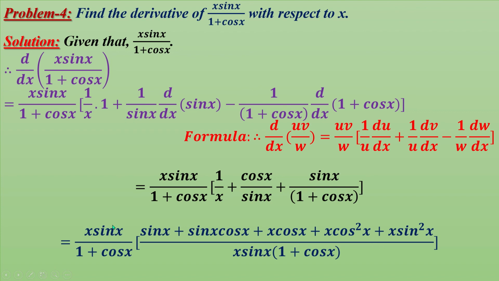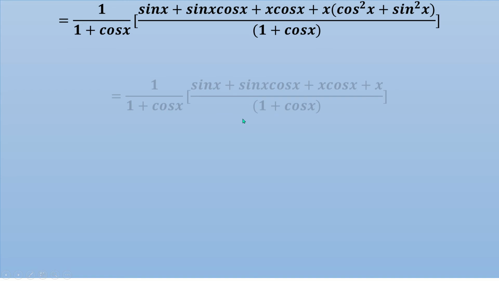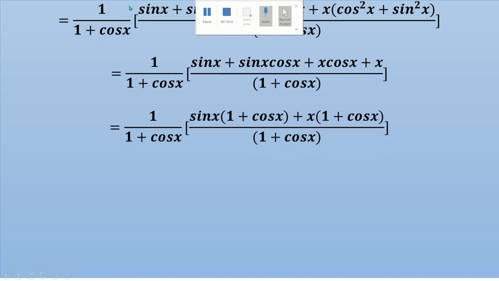Clear? That means this part and this part cut, as here is x and here is sin x, here is sin x, here x, here x. Now follow next. That means we'll get sin x cos x plus x cos x plus x cos square x plus sin square x, but cos square x plus sin square x equals 1, so here will be only x and the other part the same.